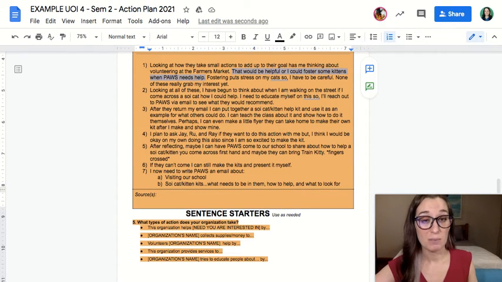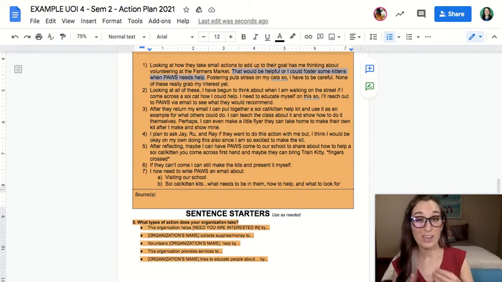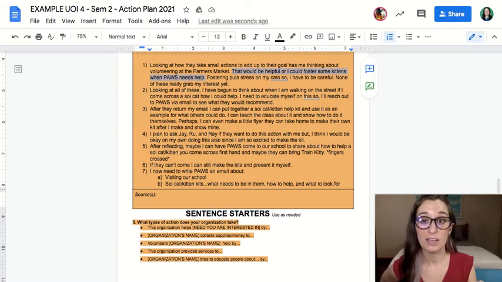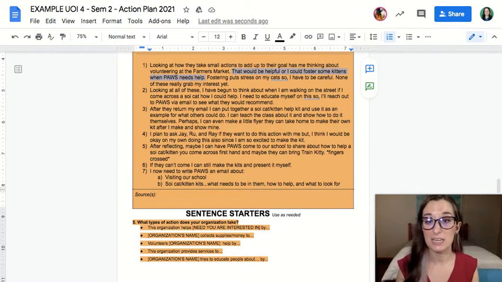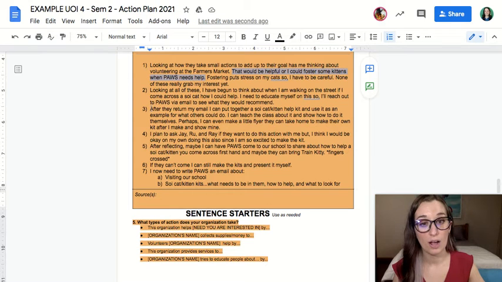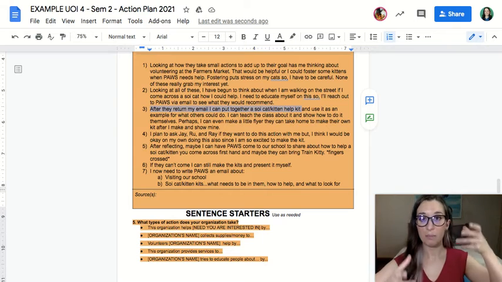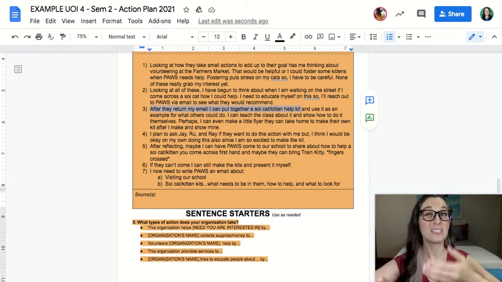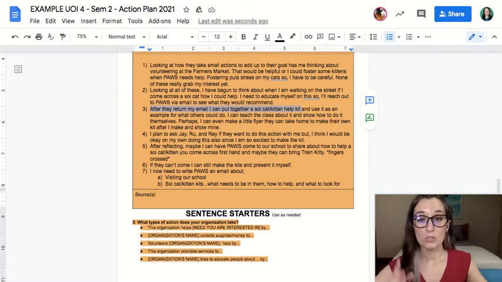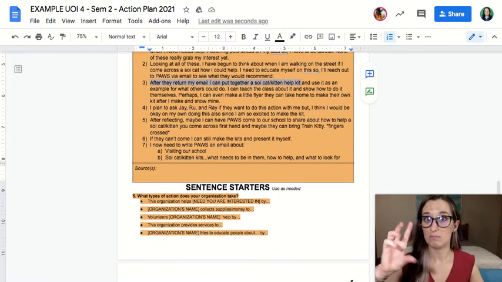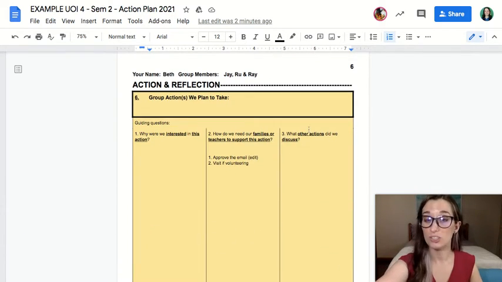I want to educate myself on how, if I see a street cat, what I need to do to help. So I could reach out to Paws to say, hey, dear Paws, I'm wanting to be more educated and understand how I can help a street cat if I come across it. Could you tell me what I might need? And so here's where I start to brainstorm. I could have a kitten kit or a cat kit that's like a basket with gloves and towels or things they tell me I might need to help them. So this is where I would decide my ideas, and I would do it actually in this yellow section.